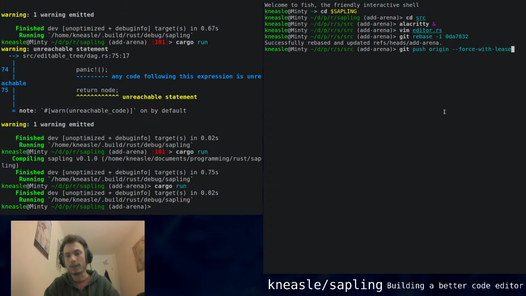You don't want to be able to completely rewrite everything. But what I can tell Git is that I am right in changing history. It's okay. So I'm going to force, but specifically I'm going to force with lease. So I will only overwrite stuff that I have changed, which of course in Sapling is everything so far, but in general I just like to be safe. It wants my username,